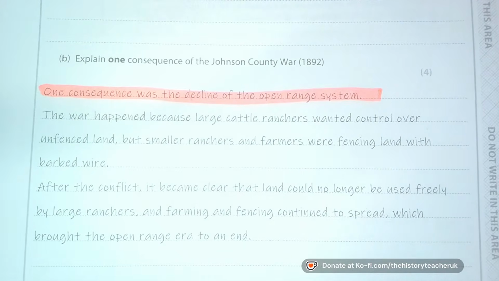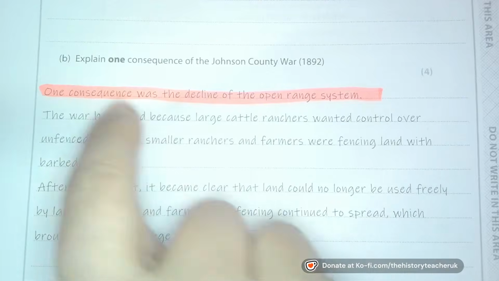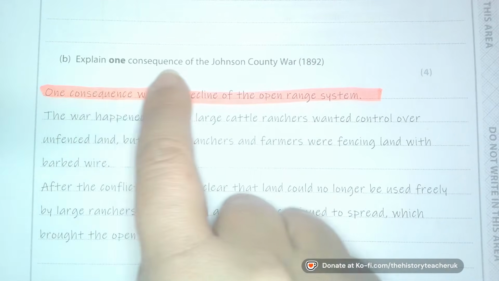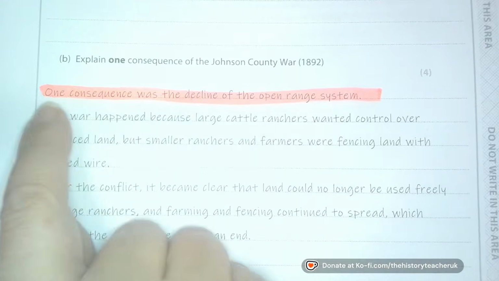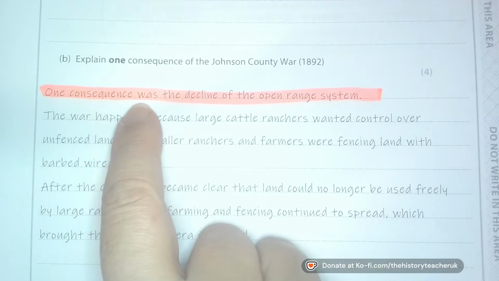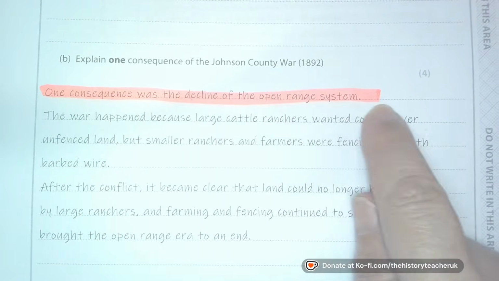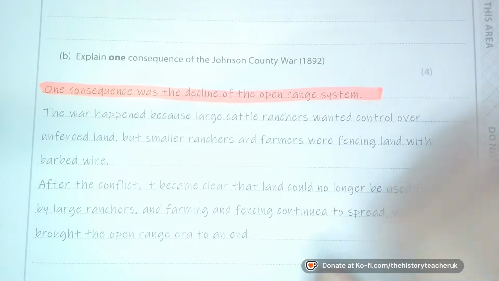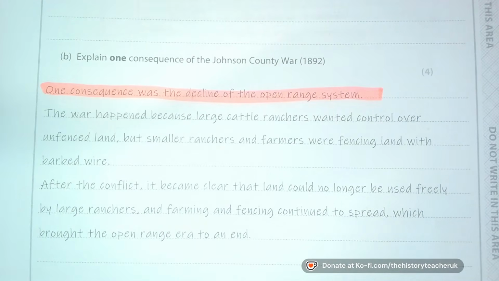We don't have to write massive long sentences because it's explain one consequence of the Johnson County War. One consequence was. We don't need to write one consequence of the Johnson County War 1892 was. We don't have time for that. We're in an exam. So don't waste your time. So then we say,